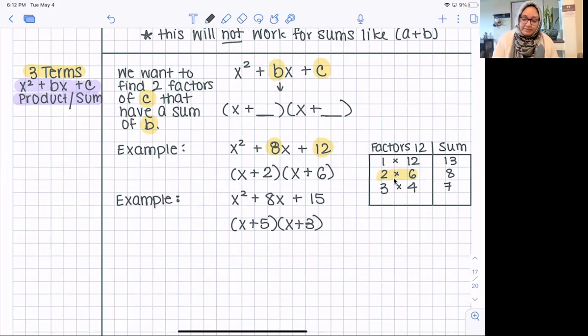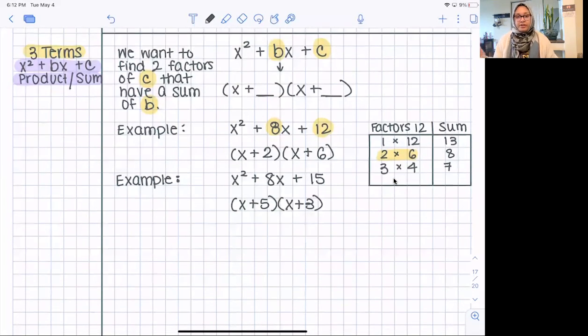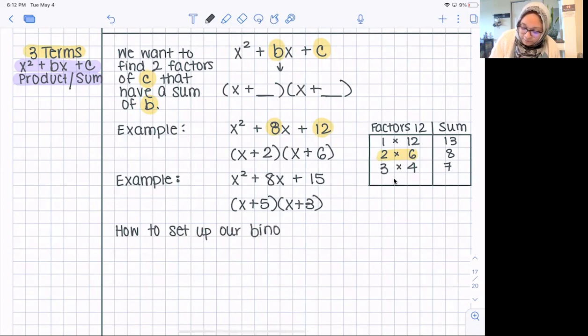Now, we had it real easy because we had all addition symbols all the way across. All right. What happens if they're not always addition? Okay. So I'm going to give you guys a really quick trick to put in your notes because we already talked this out in class. All right. So if we want to talk about how to set up our binomial operations,